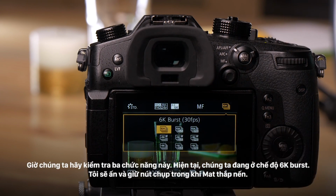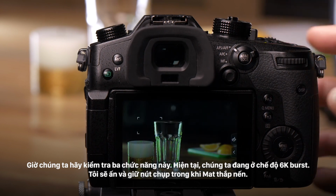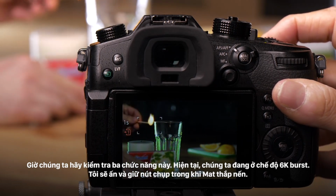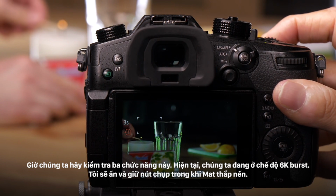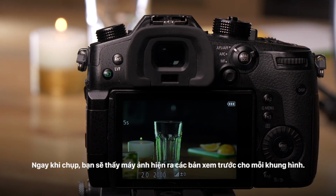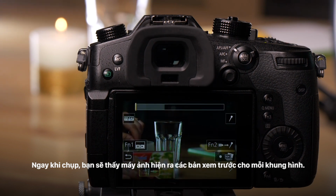So now let's demonstrate these three. So we're in the 6K burst mode now. Now in the 6K burst mode, I'm going to hold the shutter button down while Matt lights the candle. Okay? Now as soon as I let go of the shutter, you'll see the camera builds the previews for each